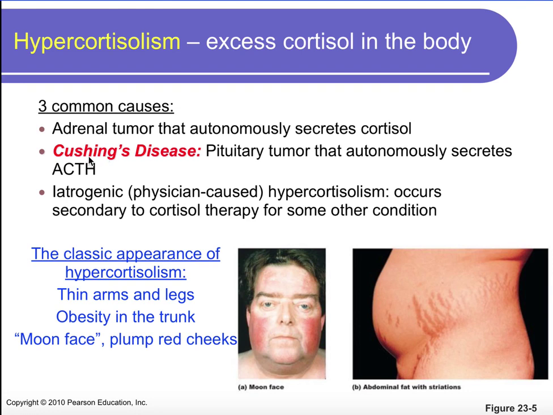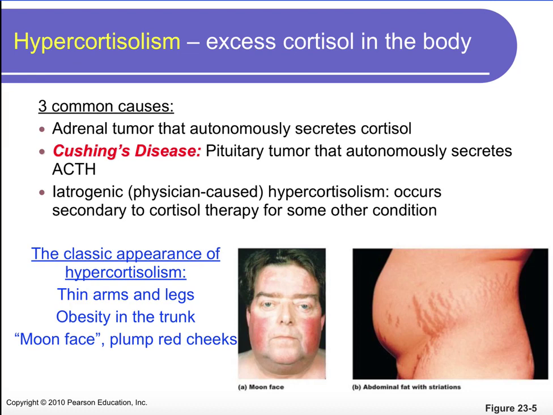So this would be an example of a secondary pathology, whereas the tumor in the adrenal gland would be a primary. And then it could be iatrogenic. Remember, this is physician caused. So it occurs secondary to cortisol therapy for some other condition, or that's one example. And there's a classic appearance of hypercortisolism. We have thin arms and legs, we have obesity in the trunk area, and a moon face,